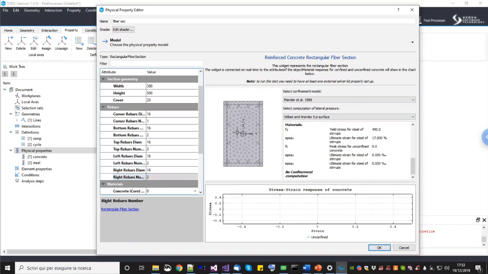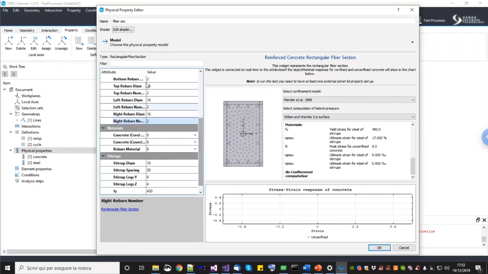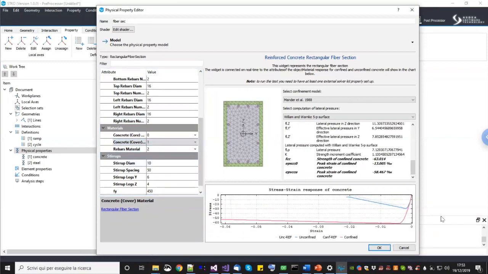Okay, now for example, we are done with the geometry here. We can start choosing the material models. As I told you before, here you see something that can be used to automatically calculate the confined concrete. So for example, here I choose the material model for steel, and I choose this one for the rebars. Then if I choose only the concrete for the cover, like this one, you will see here, let me move this,